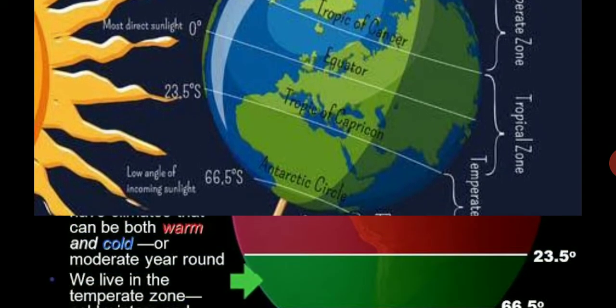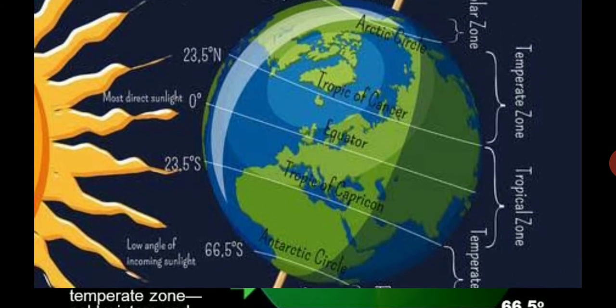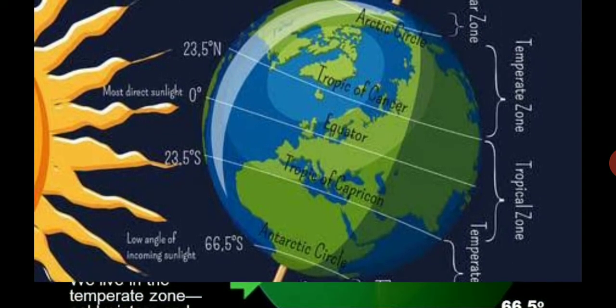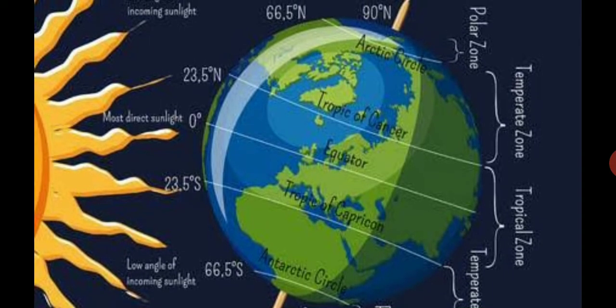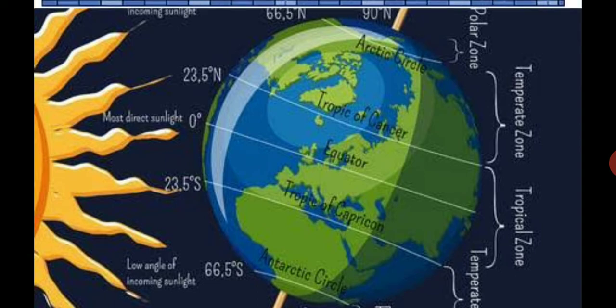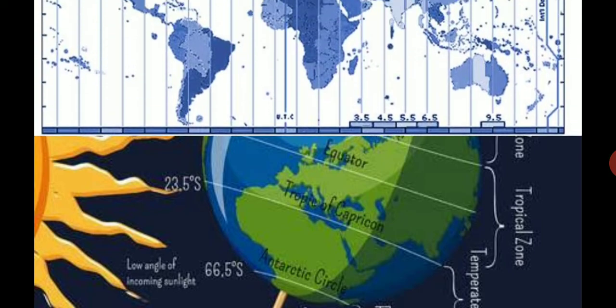See this picture, we can clearly observe the temperate zone and the tropical zone. The tropic of Cancer and tropic of Capricorn region is a very hot zone, so the climate condition will be very hot. The Arctic Circle and Antarctic Circle are completely extreme north and extreme south. In this zone the climate will be very cold, where man cannot survive.